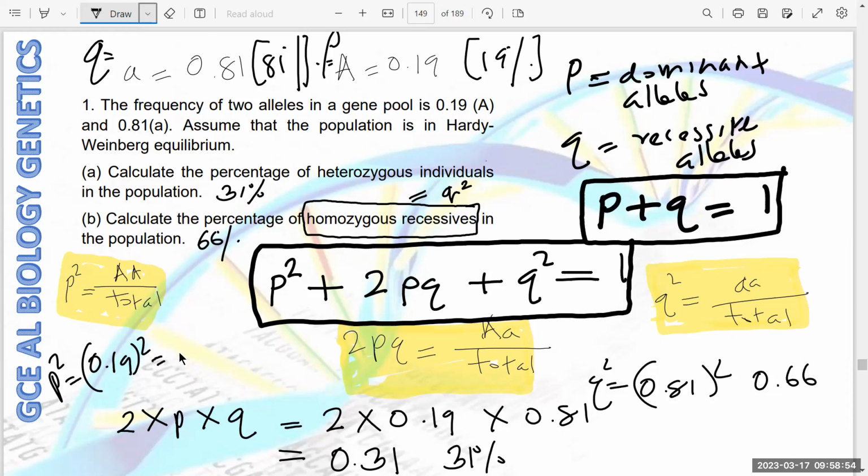So this should be again 0.03, and it's 3%. Okay, so another important thing, most of the calculations